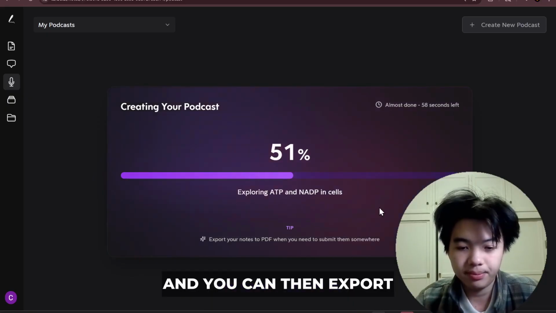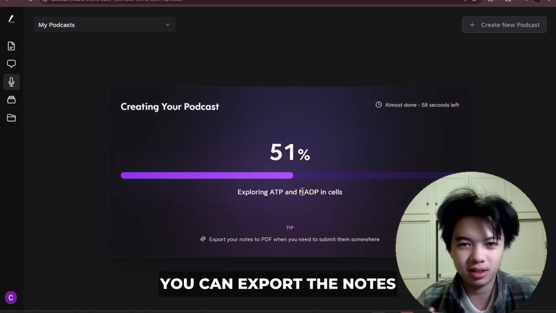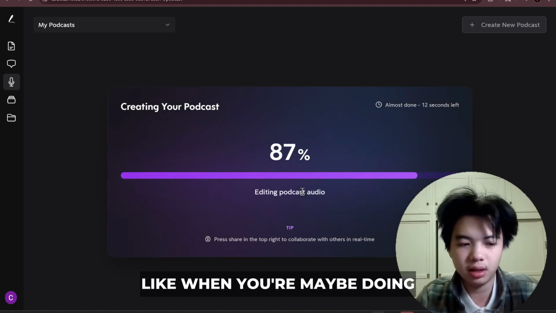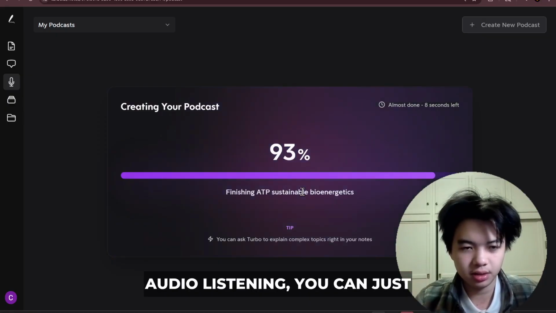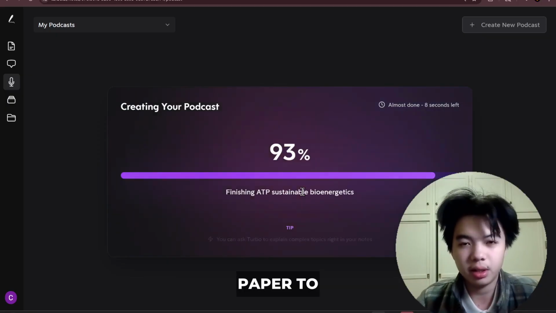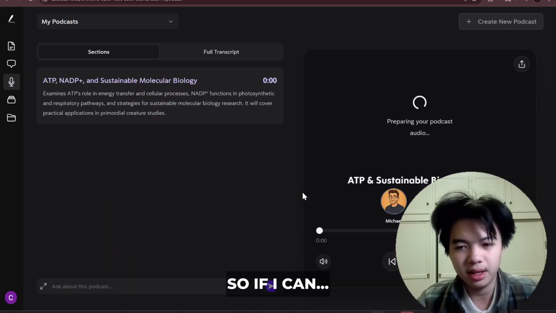And you can then export the notes, like this tip right here. You can export the notes of the PDF, so that when you're in a reading mental state, as opposed to audio listening, you can just look at your piece of paper to remember the summarization of the podcast. So if I can